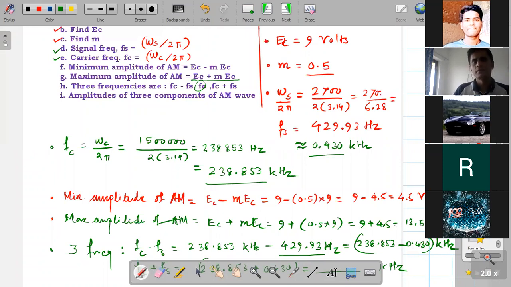Then can you tell me, dear student, bandwidth means what? Bandwidth is upper side band minus lower side band. Then you can find out the numerical value for each term. Any doubt of this level, dear student? No, sir. I will share this with you. Okay, don't take tension.